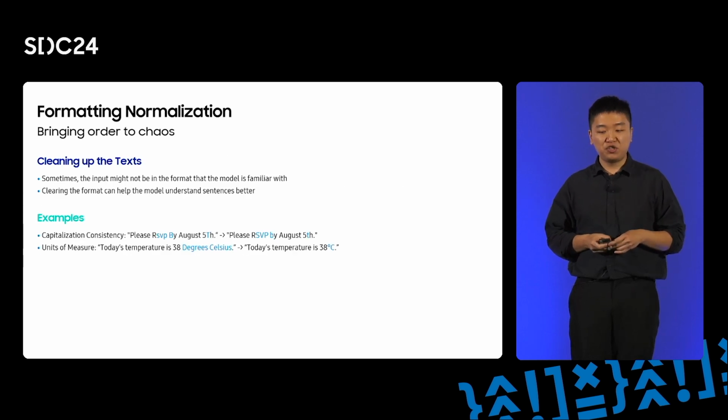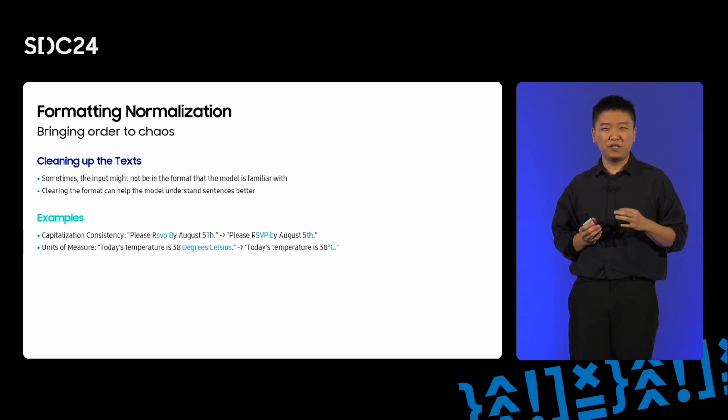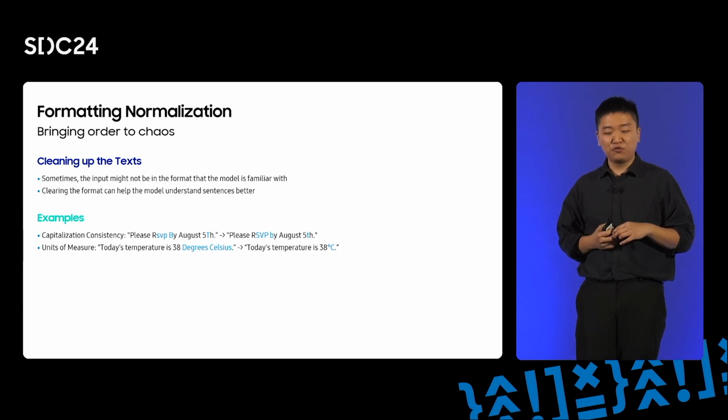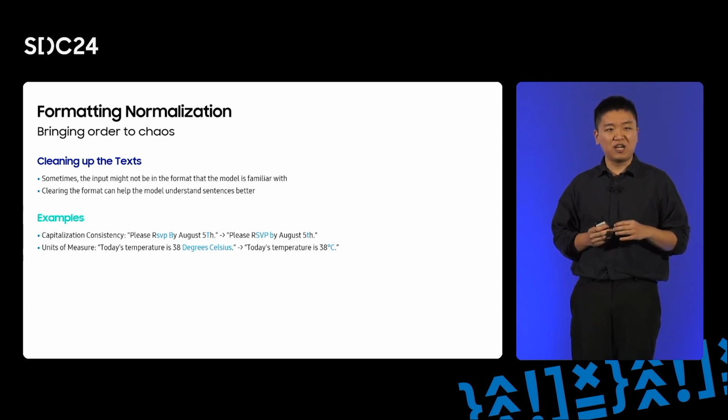The third strategy for preprocessing we would like to share today is formatting normalization. Sometimes the format of the input sentence might look a little bit strange because of, for example, extra spaces or unusual capitalized letters. Such formatting might make the model's understanding worse and affect the translation quality. Therefore, we collected some rules of common formatting issues and added a component to clear them.